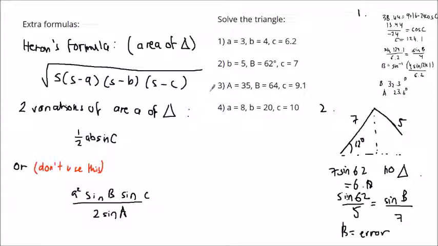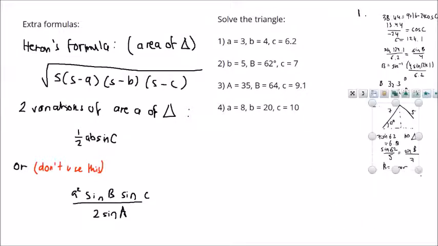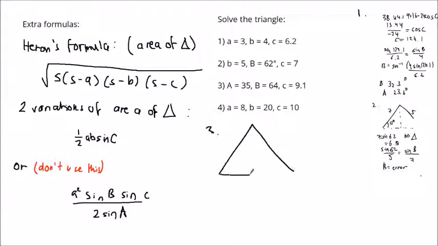Thank you. Okay, so number 3. We have our number 3 now. A, B, and C. So our A's and our B's can really be anywhere you want. This will be 35. This will be 64. And this will be our 9.1. Right? We can use the law of sines for this. 35, 64. So this is 81. And then we can just do 99.1 over sine 81